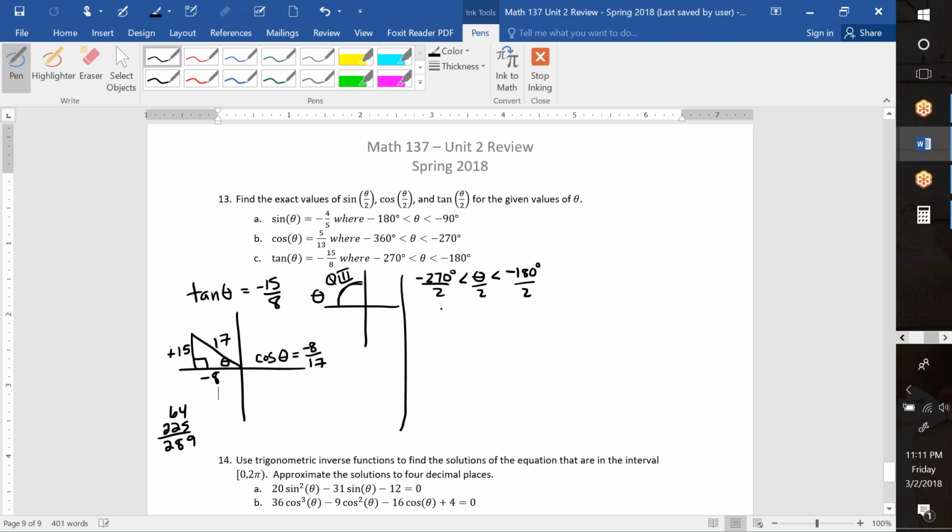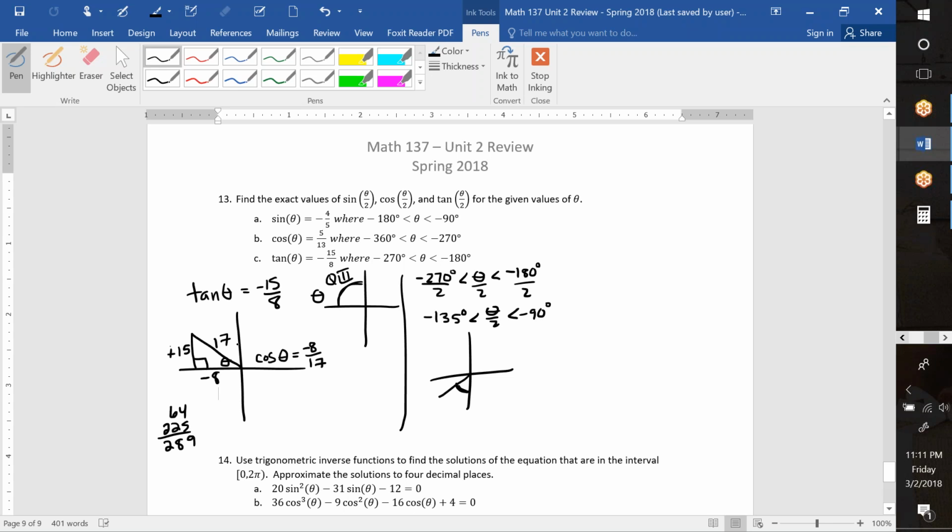So negative 270 divided by 2 is negative 135. This is now theta over 2. This is negative 90 degrees. So now we're between negative 90, which is here, and negative 135, which is not quite all the way. So that means we're down in quad